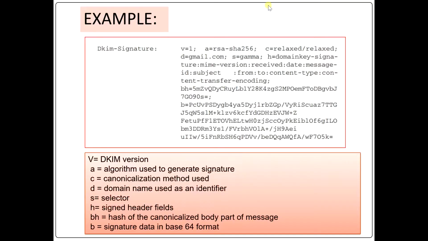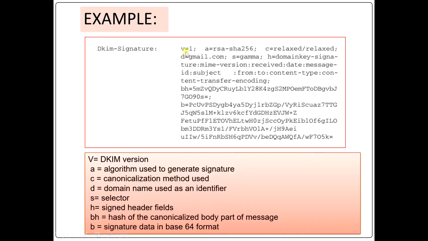The signature will include a number of fields, and each field begins with a tag code followed by an equal sign and ends with a semicolon. As you can see here, one example. This is one field which begins with a tag consisting of a tag code followed by an equal sign and ends with a semicolon. Similarly, you have here a tag followed by an equal sign that ends with a semicolon. So there are various fields in this message.